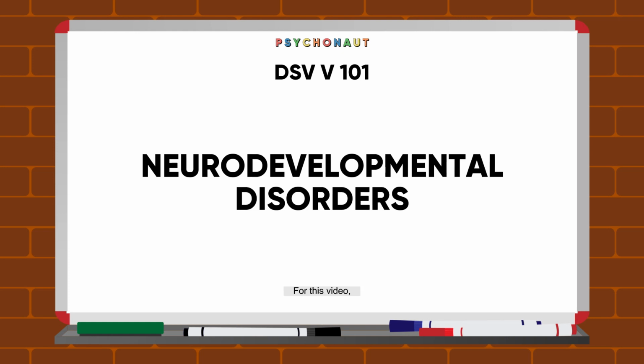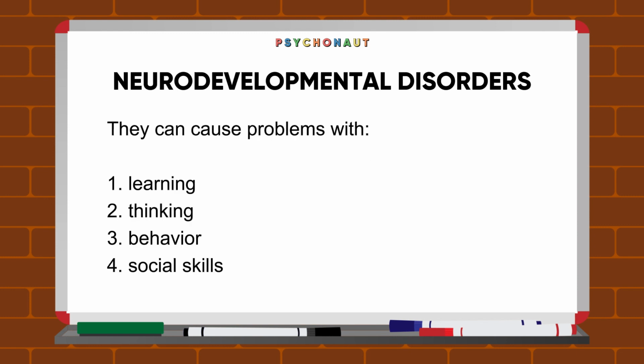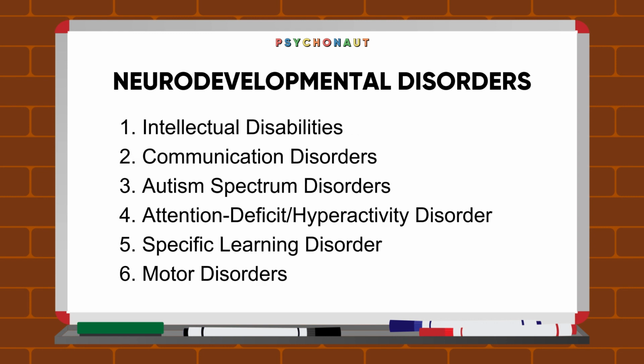Hey there! For this video, we will embark on a journey into the realm of neurodevelopmental disorders as defined by the DSM-5. Neurodevelopmental disorders are a group of conditions that affect how a person's brain develops and functions. They can cause problems with learning, thinking, behavior, and social skills. There are many different types of neurodevelopmental disorders, including: